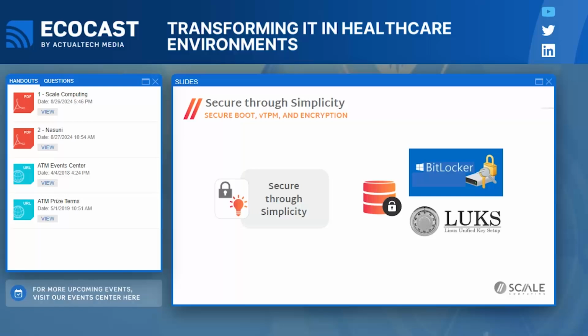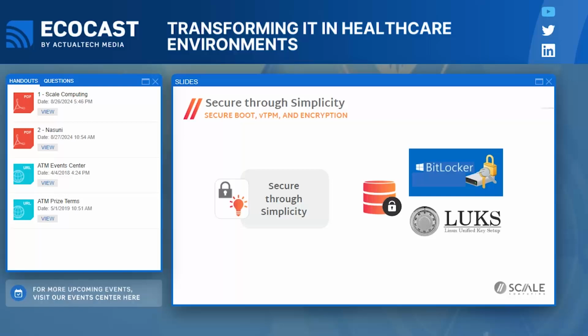Now, these vTPM capabilities, along with Secure Boot, can help maintain additional security stances. When we talk about Secure Boot, we are validating signatures in a cryptographic format. The signatures within this give us the ability to protect the software against bootloader attacks, rootkits, and kernel-level malware events. It also ensures that not only the software itself is protected, but that the authenticated software is loaded during that boot process, and it maintains the integrity of that boot process for all of those guest VMs.